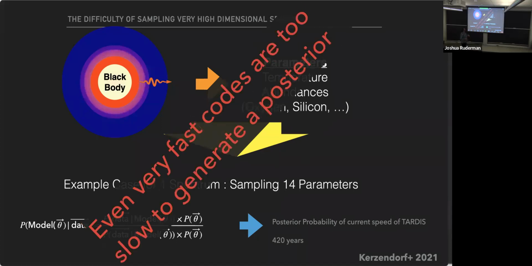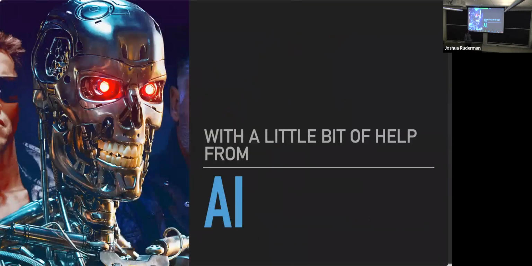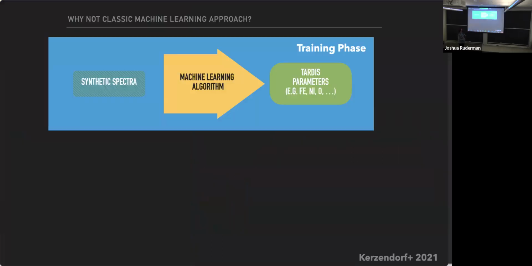And so this does not seem to be possible. And this code is optimized for this kind of work. A couple of years ago, we saw that there was Starfish. Who made Starfish? Ian Czekala and other people had the idea of using machine learning to emulate the spectral comparison. So what is this?